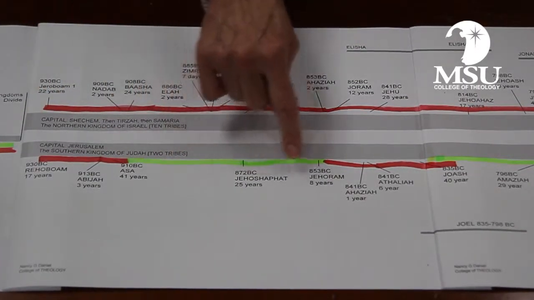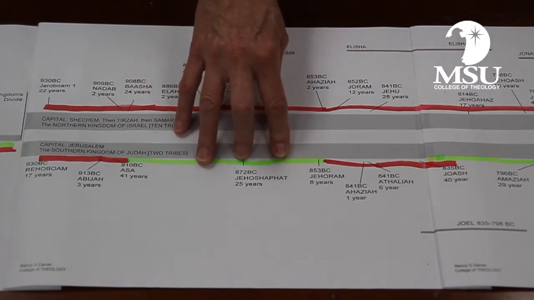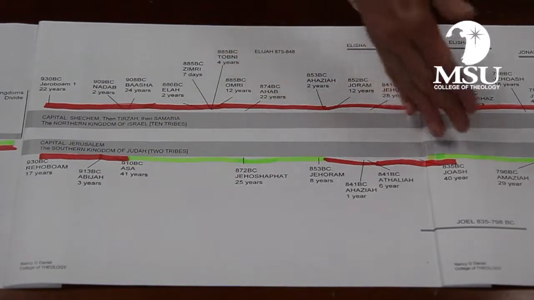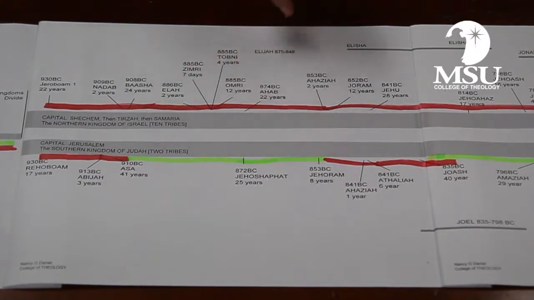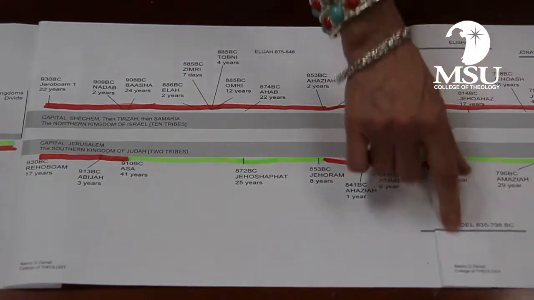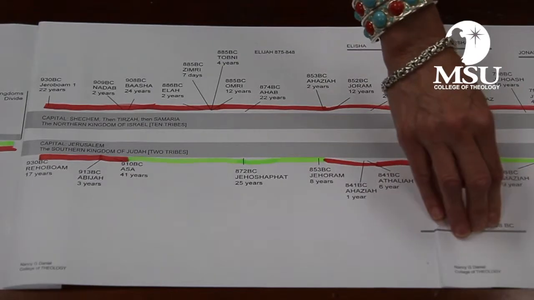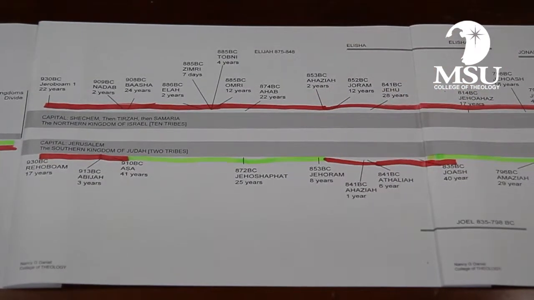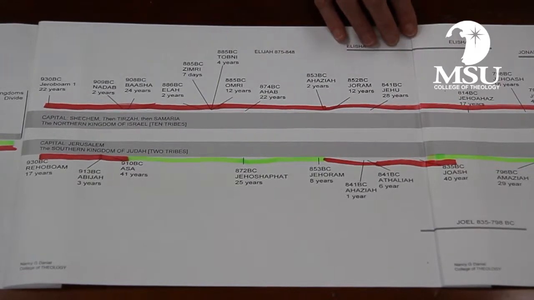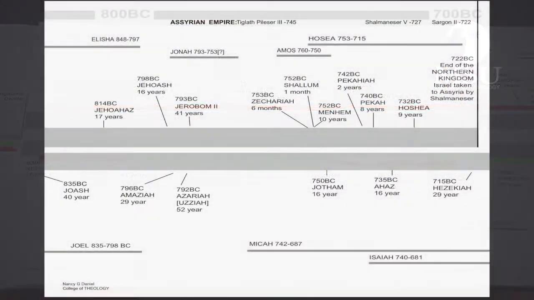As you see, we have a few good kings in the south because they were trying to do the right thing. We've got Asa and Jehoshaphat, and we've got several along the southern kingdom. Now notice this. You notice Elijah and Elisha come on here, and Joel. Several people put him here at this time frame. I put him a little further down in the timeline. But notice that these prophets come and are speaking to certain kings at the time. See the prophets as they're talking, as things are good and bad, you can see how the effect that they had on the people and what had happened as they were speaking to them.